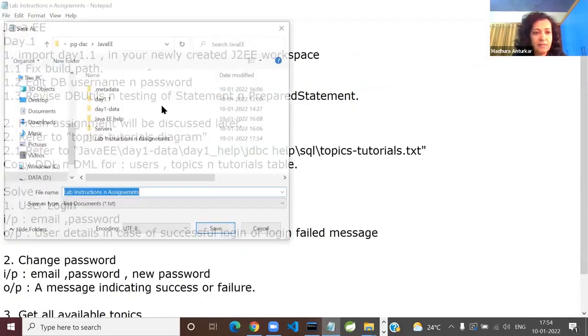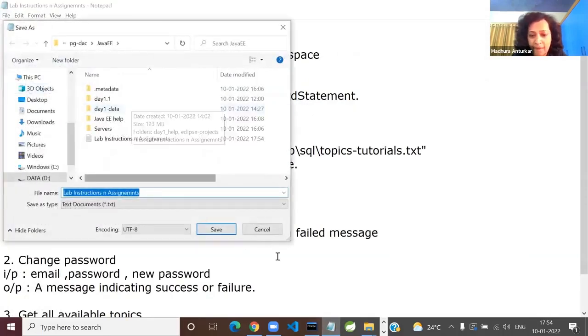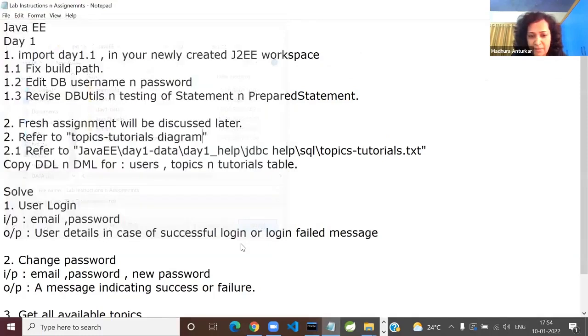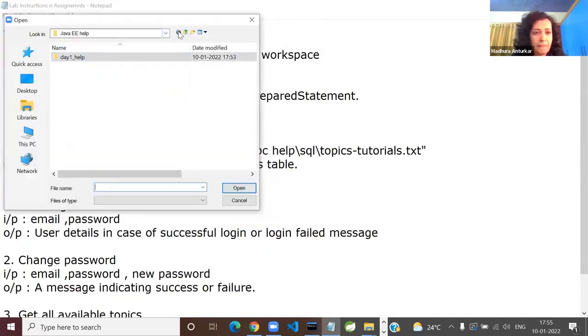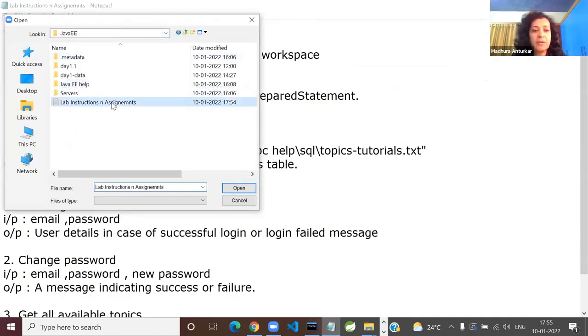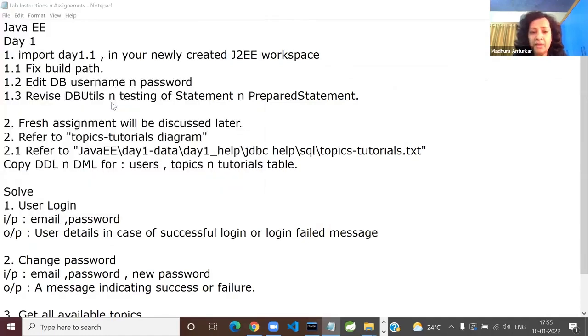It is in this file. Okay, so download that case study zip. That's why I was asking you which case studies you have done earlier. And here, also you download this. Okay, I've shown you. I'll send you the updated lab instructions. You tell me whenever you have done it. Both the things, case study.zip and lab instructions and assignments text.